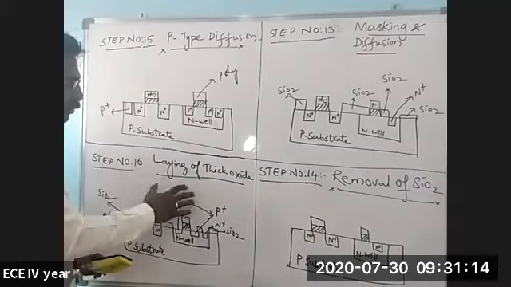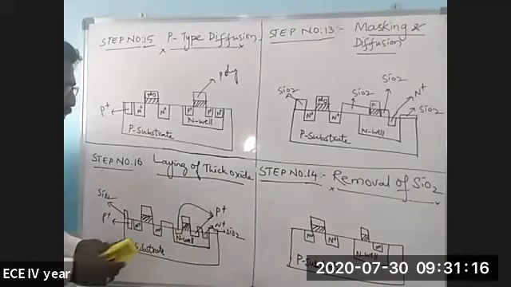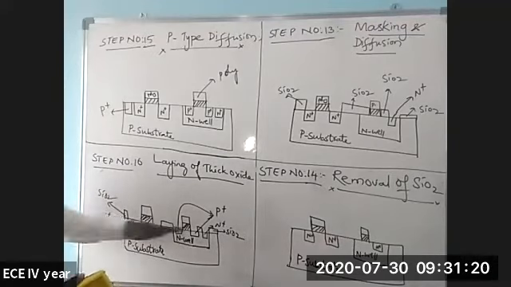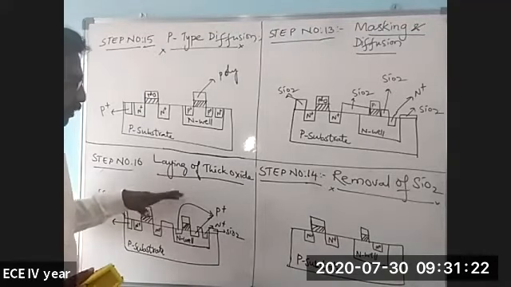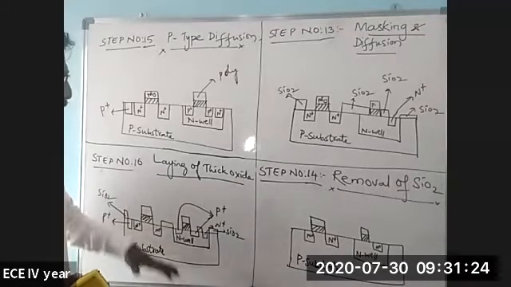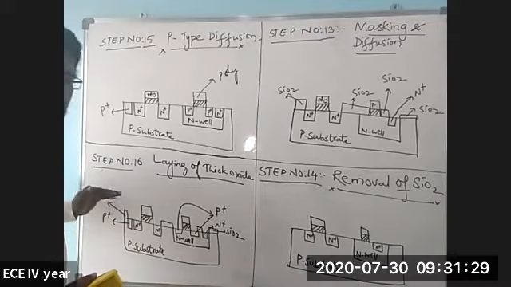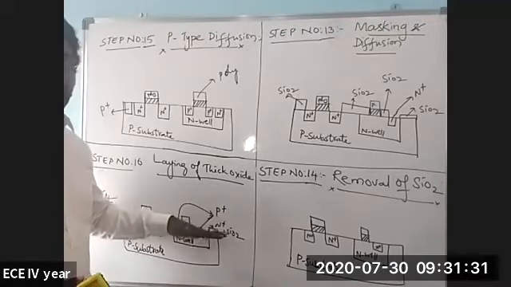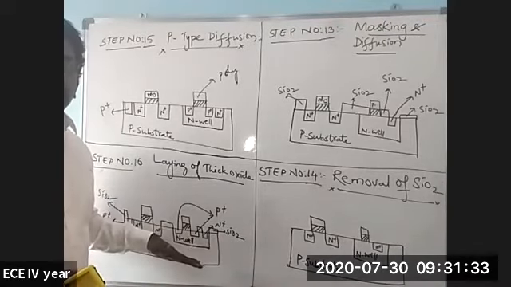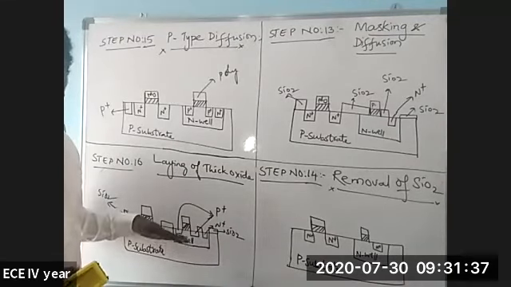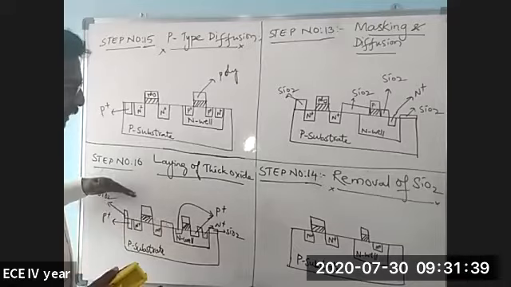So the next process will be laying of thick oxide. Why do we need to lay the thick oxide? The thick oxide is laid upon the entire surface. So you have drawn the final step here. Laying of thick oxide and the etching process are completed in this step. An entire thick SiO2 layer has been laid upon this, in order to protect the device from the next step, the metallization process. In the further step, metallization will be done.